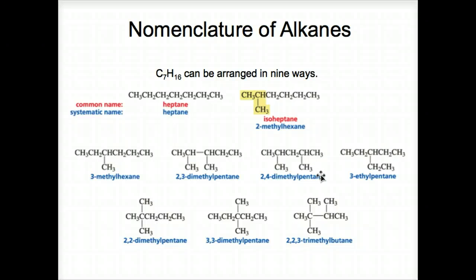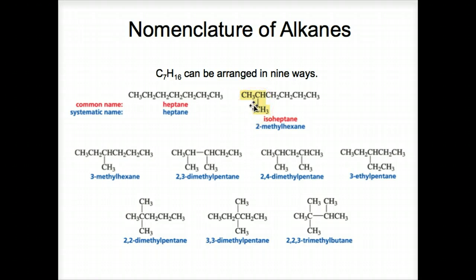Here is C7H16, which can be arranged in 9 ways. So you can see as we increase the number of carbons, we definitely can increase the number of different arrangements. In fact, a 10 carbon alkane can be arranged into 75 different compounds. If you had 15 carbons linked, there's actually 4,347 possible compounds that can be made up in different arrangements of the atoms, having the same number of carbons,